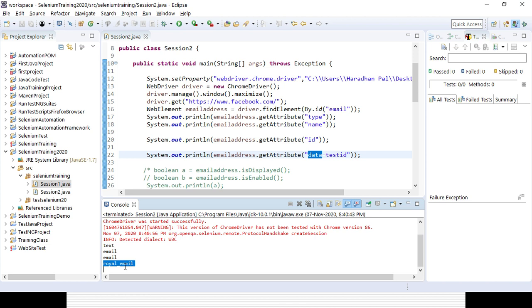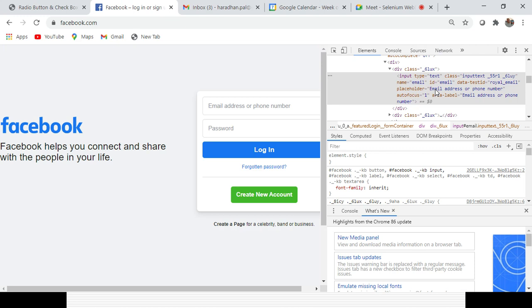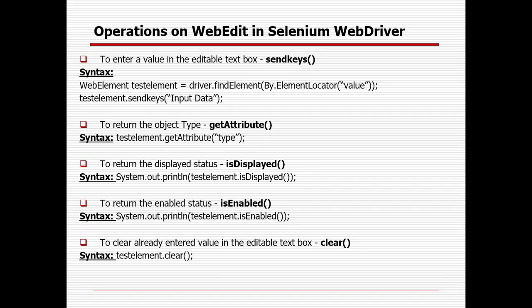Yes. So using that particular getAttribute method, you have to pass the attribute whatever you want to get, and you will get the value for each and every attribute. That is one important method for the text field, the web edit field.